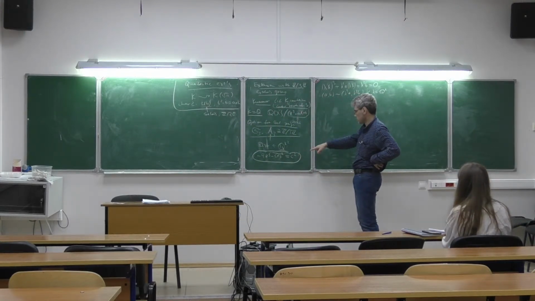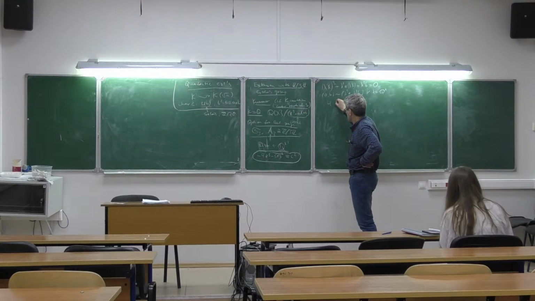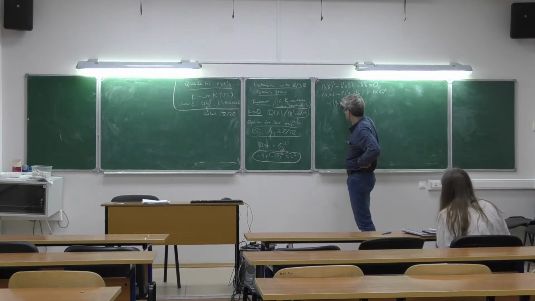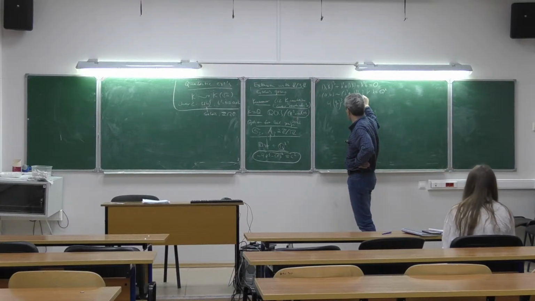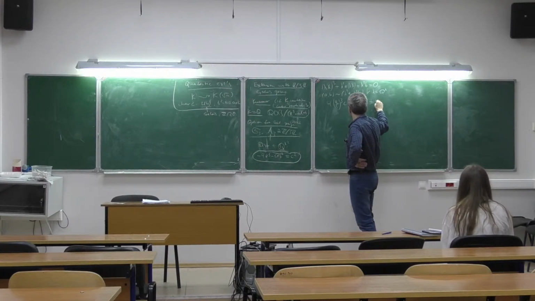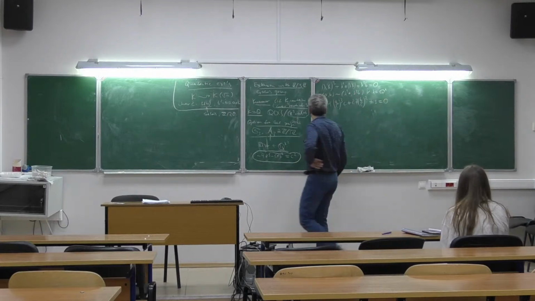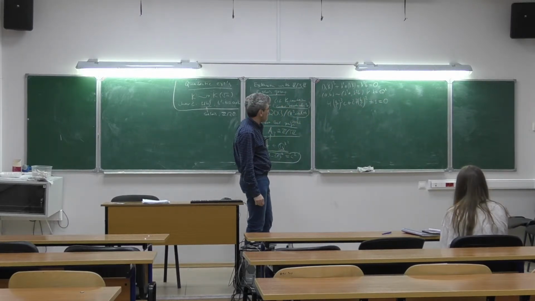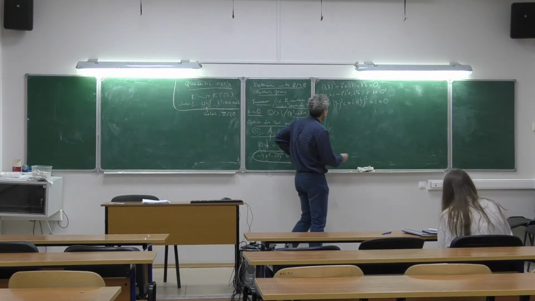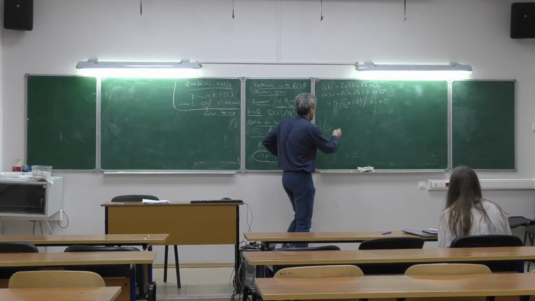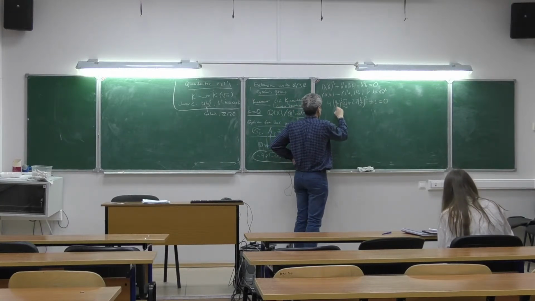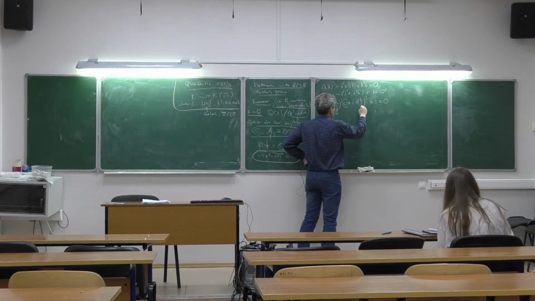divide everything by what? By c square. So this will be a over c cube times c plus 27 b over c square plus 1 is 0. So you see that you can express c in terms of these two ratios. You can denote this by alpha, and this by beta,